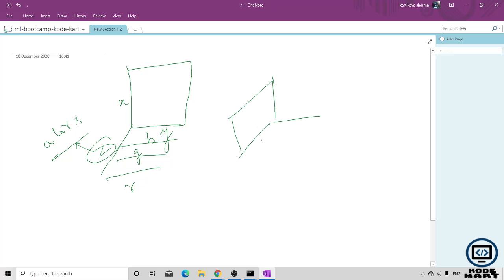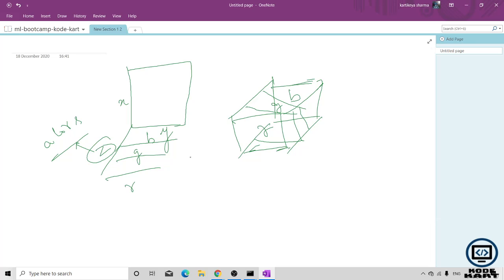If I make this a cuboid, there are three layers like this. First layer will contain the red color, second layer will contain the green color, and third layer will contain the blue color. So this image is like a cuboid which contains the first layer of red, second of green, and third of blue. If we paste them accordingly, then the particular image is generated. These are all the three layers, R, G and B.